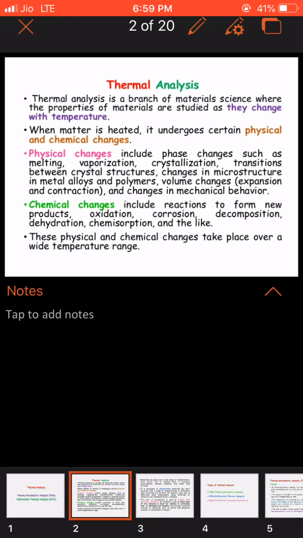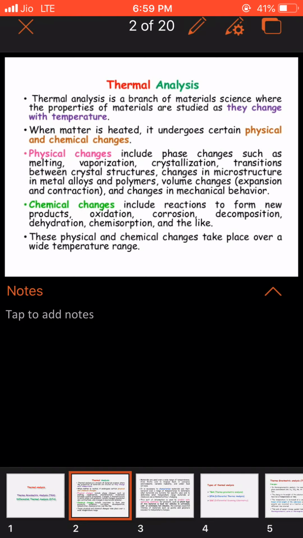There are two types of adsorptions, chemisorption and physisorption. Chemisorption is a process in which chemical adsorption will occur. So a suitable material will go and sit on a substrate chemically. It will bond with the substrate chemically. That is chemisorption. So chemical changes like chemisorption, corrosion, we know what is corrosion, and oxidation, and formation of new products. When you increase temperature, formation of new products might be realized. So these are all the chemical changes that can be attributed to change in the temperature in those materials.